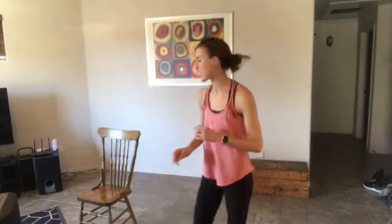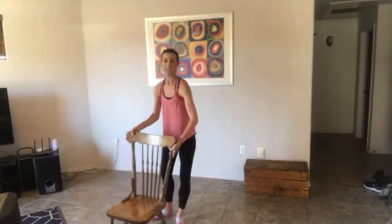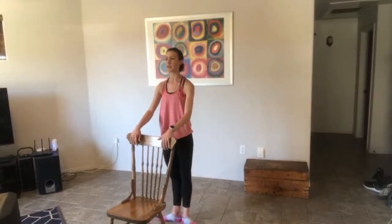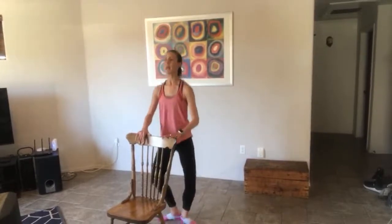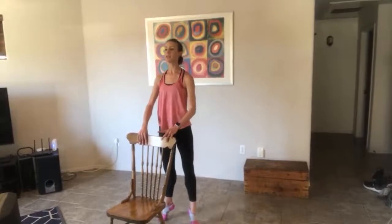All right, we're gonna come back into center. We're gonna use our chair, just facing it to do some relevés first. So we're just gonna have facing our chair, our counter, or whatever, 4 relevés, sharp springing up. So we're gonna have 1 and 2 and 3 and 4, and then straight relevés, and rise up, and 2